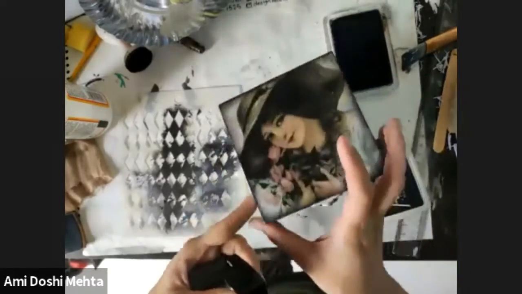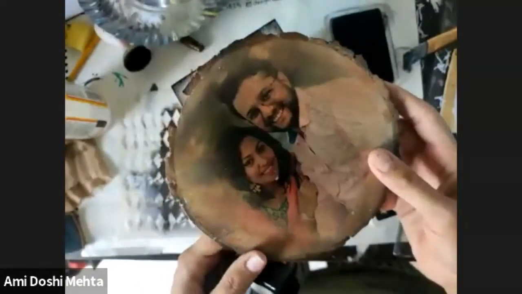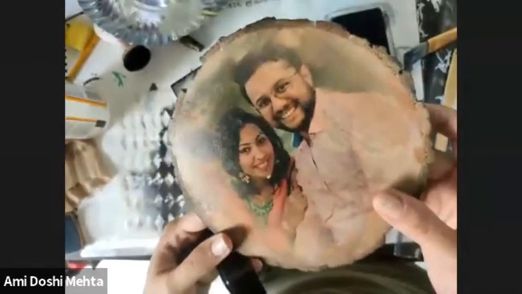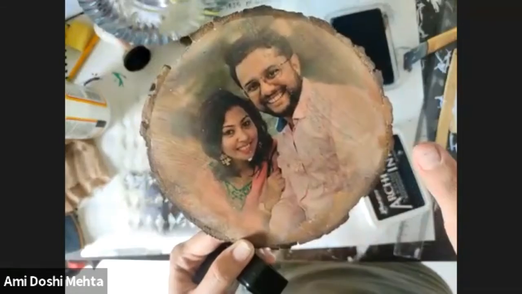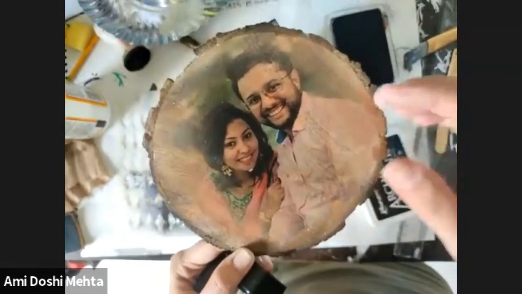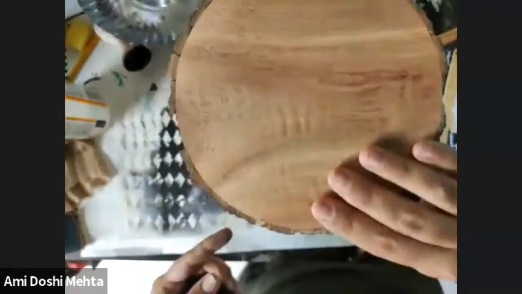Even here on my photo, I have not done anything. No outline, nothing. It's just the photo. That's it. Is it a canvas? No, it's a wooden slice.